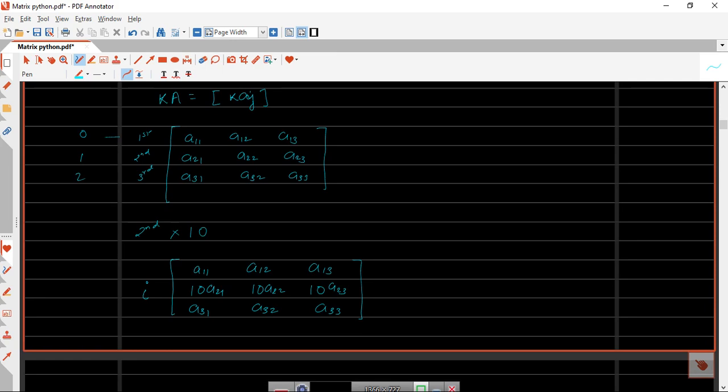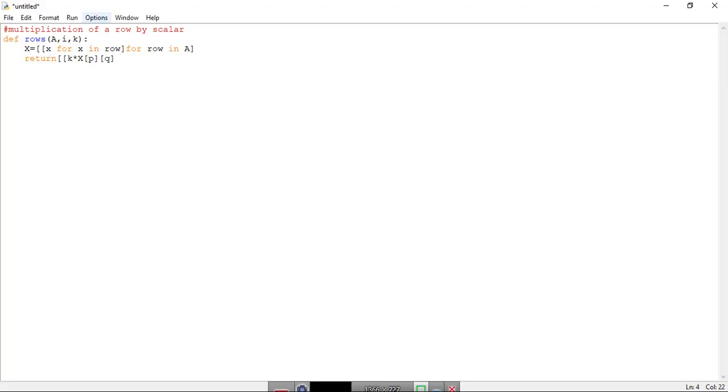Now what we are doing is multiplying the elements of the ith row, so our column is changing. This is the first column entry, this is our second column entry, this is our third column entry. So the entries of the columns are changing. I is fixed, right? We will take that I from here. So this P will be fixed depending on the value of P, and Q will vary. So here we will vary that Q.